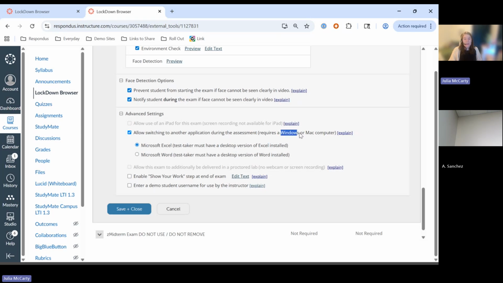And that is why it is also for Windows and Mac devices only. Now, when this setting is enabled and you've selected either Excel or Word, that Excel or Word icon will show in the LockDown browser toolbar for students. So they can use that icon to open up a blank Excel or Word document,